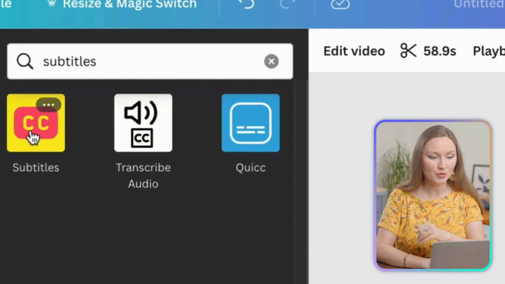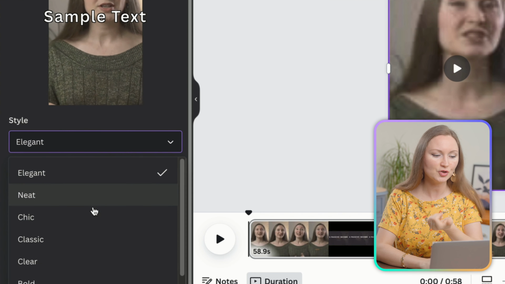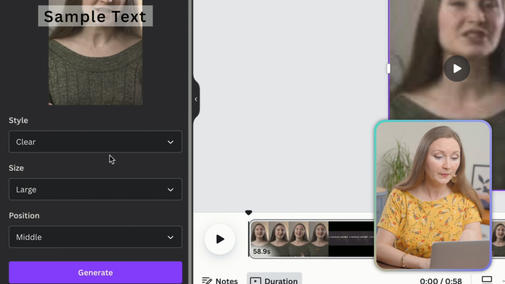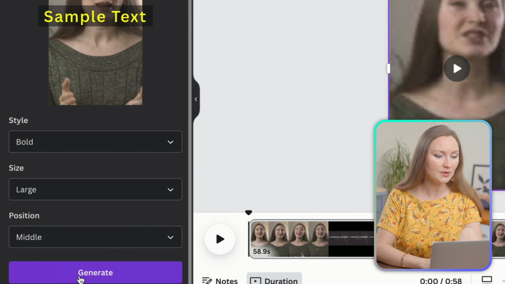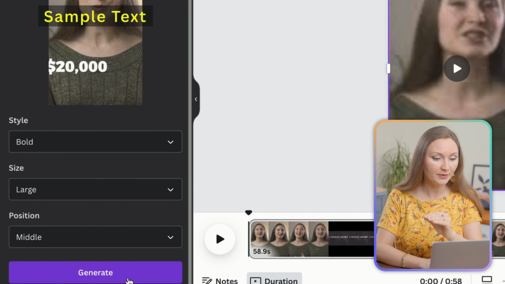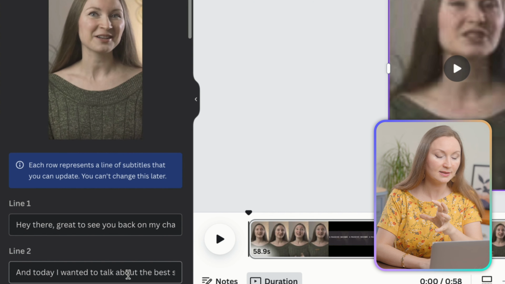it will offer you to choose some settings for the style of subtitles. They can be elegant, chic, classic, and so on. I will go with a style called Bold, and I decided to place the subtitles in the middle of the video. Once Canva is done reading the video content, it will show you all the subtitles in the text like this,